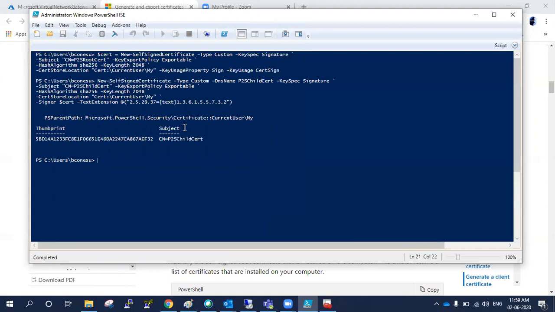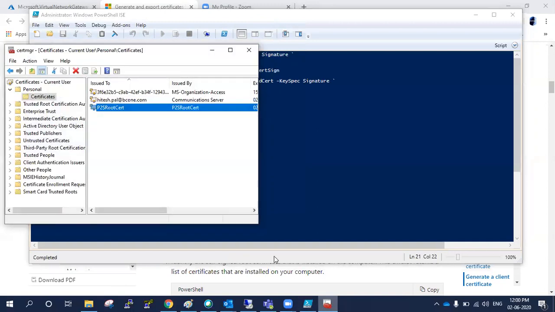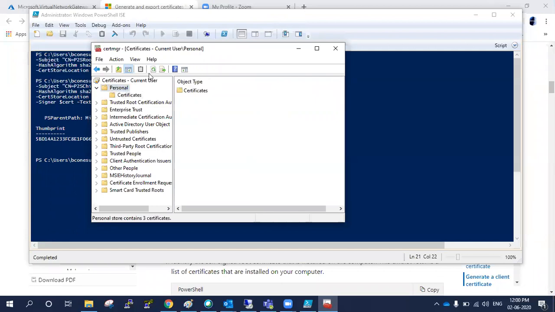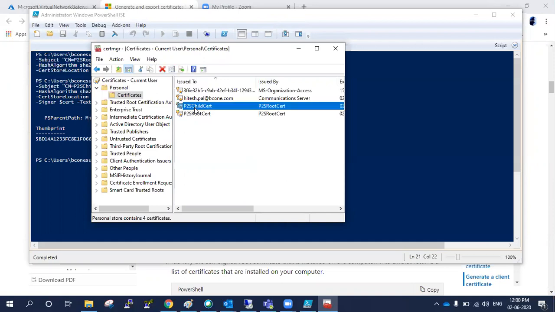Now you can see the client certificate has been created. Just refresh this one again. You can see the P2S child certificate. So the P2S child certificate is my client certificate.